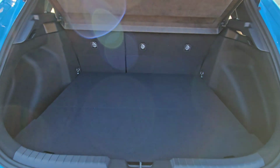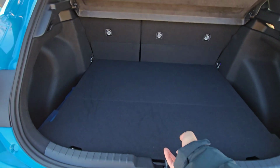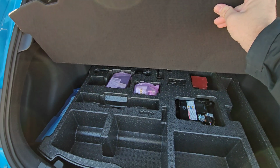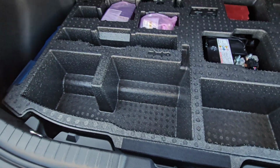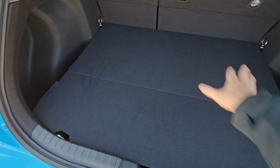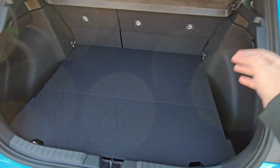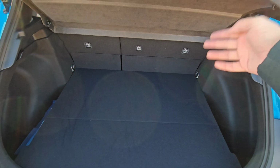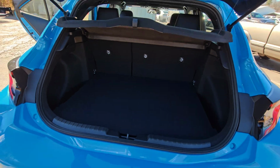Let's see if I can get that to focus there. Yeah, it's got a high floor, which all the Corolla hatchbacks have. There is kind of some extra storage in here because they've relocated the battery, so there's no spare tire. So you've got some pockets and stuff here you can put stuff in, but not a whole lot of space. I mean, you could probably fit a couple roller bags and maybe some smaller duffels on top. You could fold the seats down and stuff, but again, I'm talking about if you had a car full of people